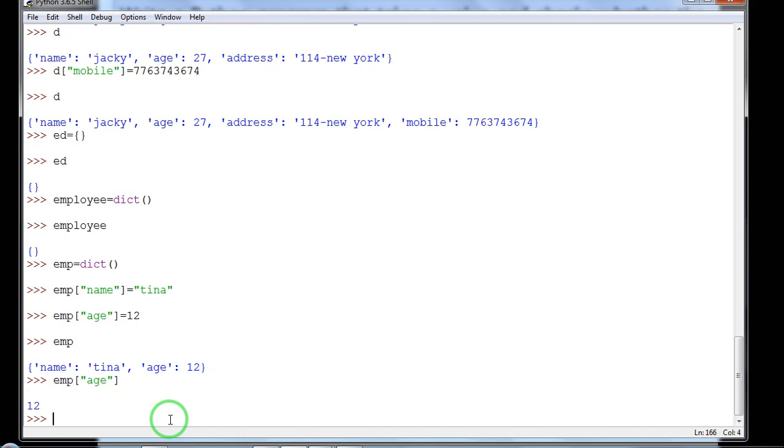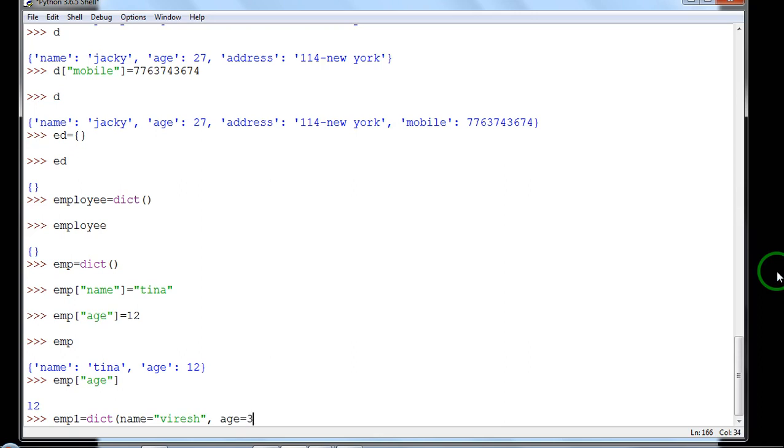Now with the help of the dict function, there is one more method for creating a dictionary. dict, and then I can also give name equal to Varun, and comma, suppose I want to add age also, age equal to 2 years.